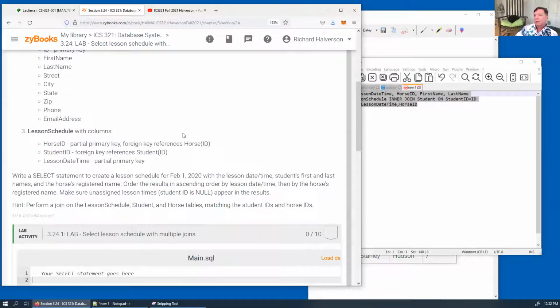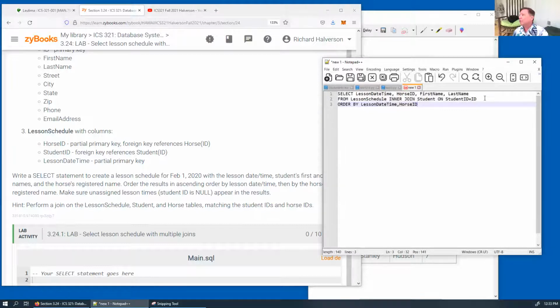Same thing, same thing, same thing. Write a select statement to create a lesson schedule for a particular date. Oh, we want the horse's registered name this time. All right, well, I think this is very close to the last one, except we need to join up the horse table, inner,